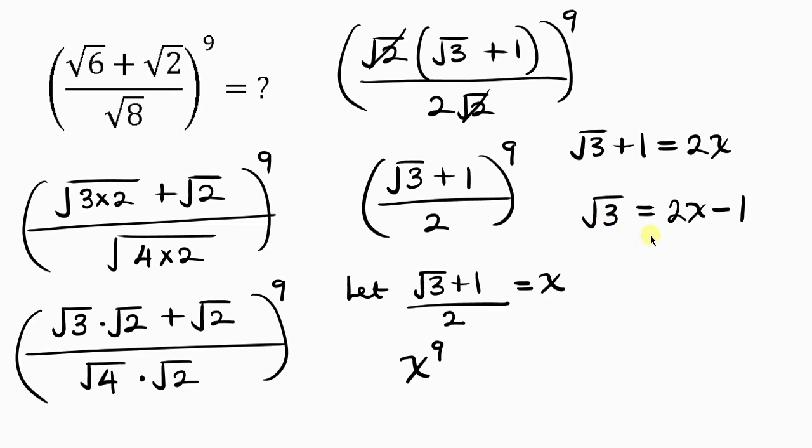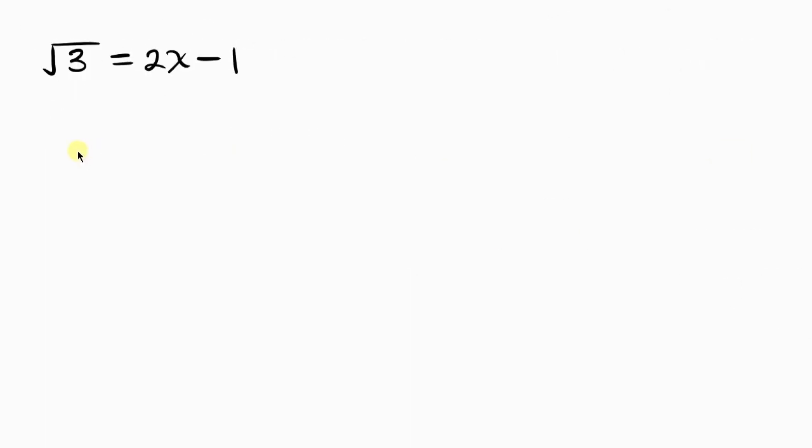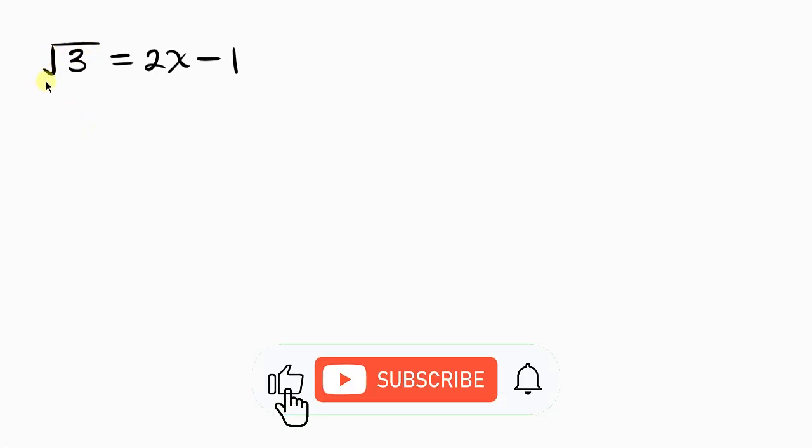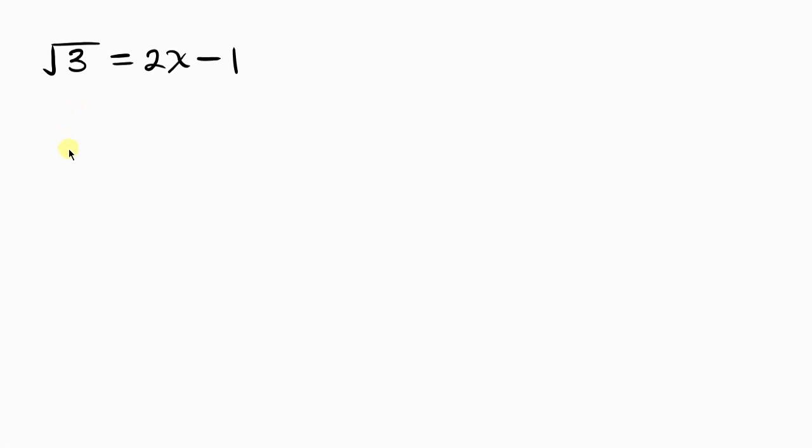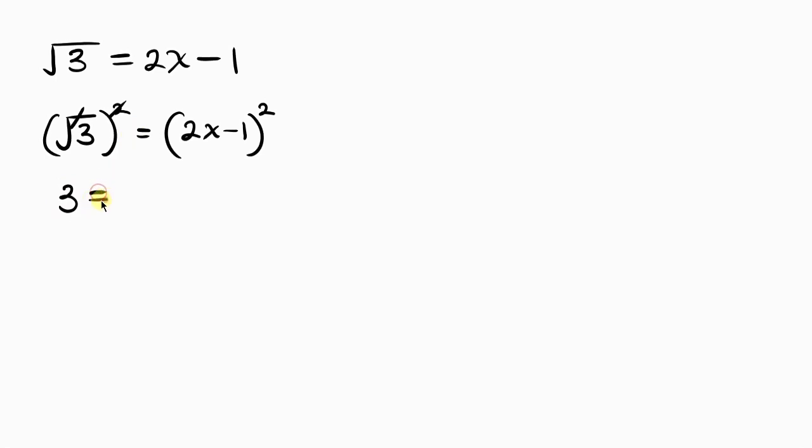Let's move on to the next slide. So now, in order to get rid of this square root, we have to take the square of both sides. So I'm going to be taking the square of the left-hand side. I'll also take the square of the right-hand side. Now notice that the square can cancel out the square root, leaving behind 3 to be equal to